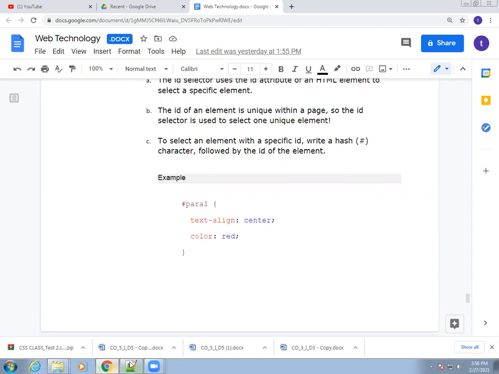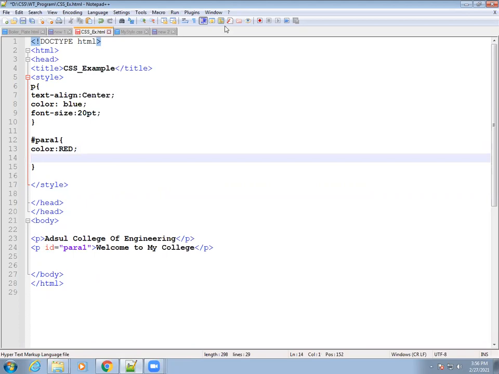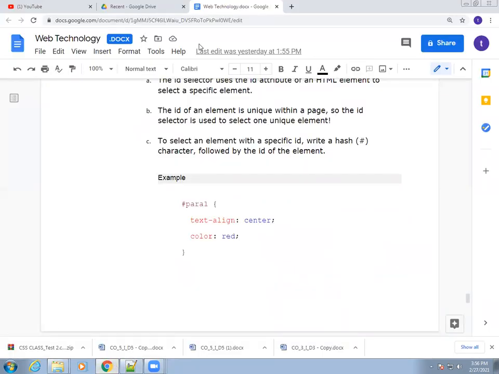We saw that example yesterday. Here we give the ID name for that paragraph, and that ID name is used in our CSS file for styling.